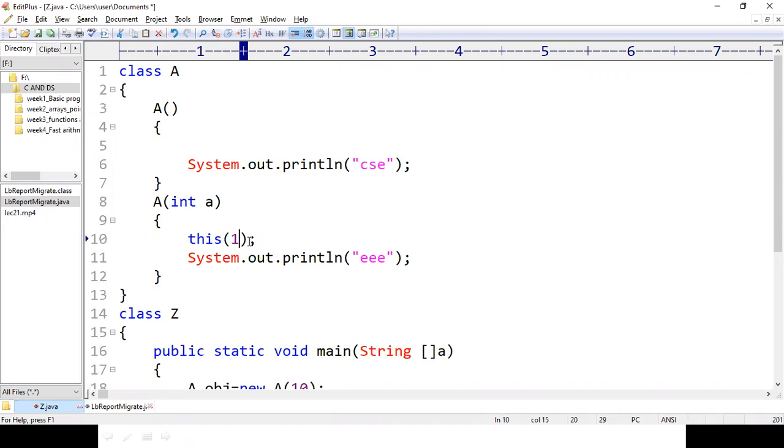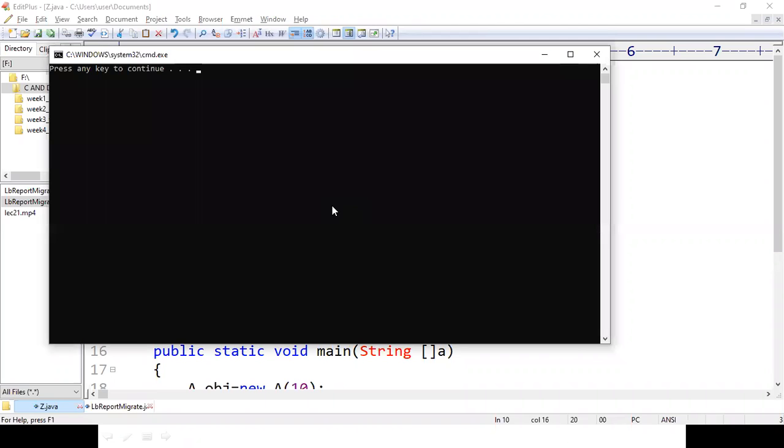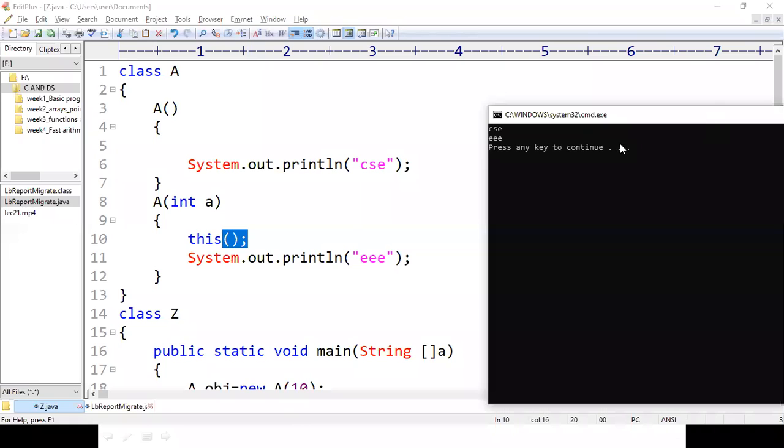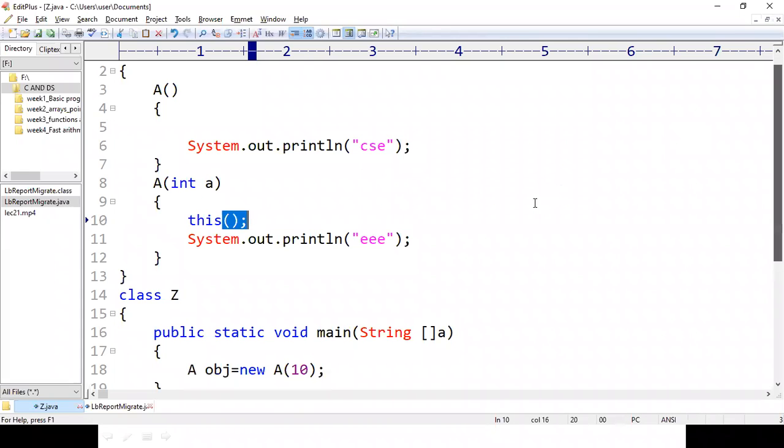So here, just remove this integer value, so that the constructor which is going to take 0 parameters gets executed. Save the code, compile, and run. If I run the code, you can see it has printed CSC followed by triple E over the output screen, right?